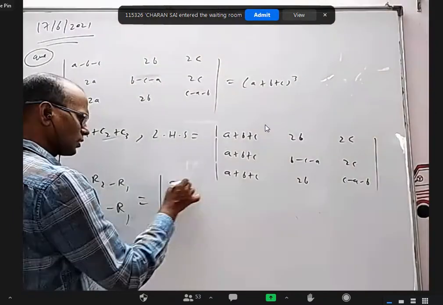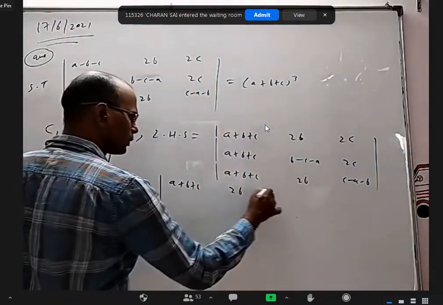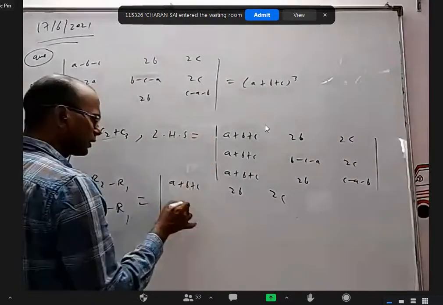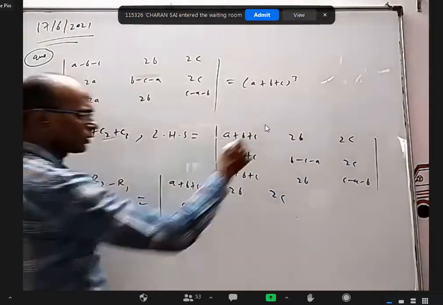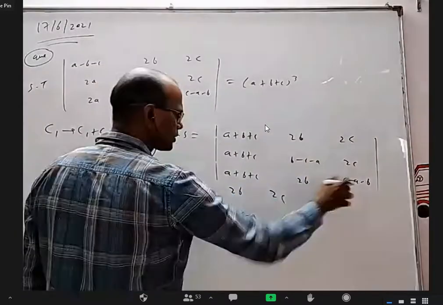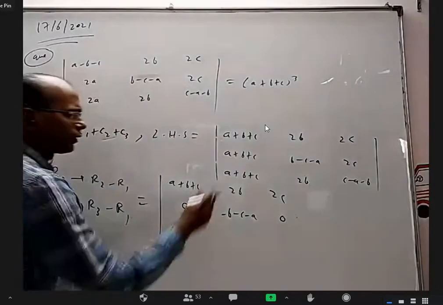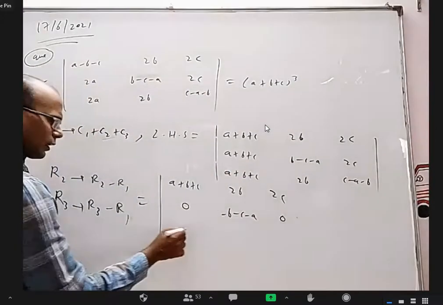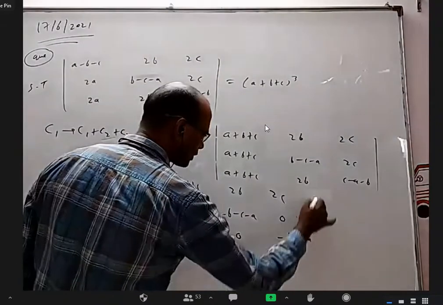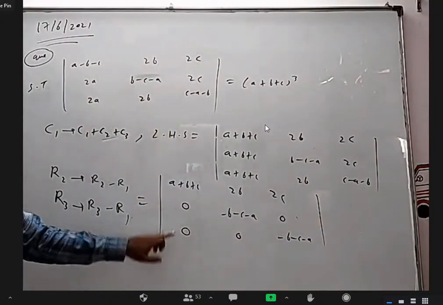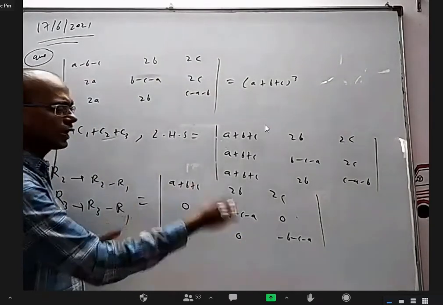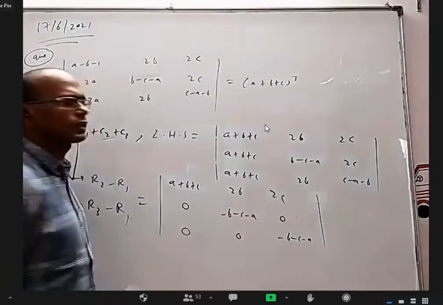First row as it is: A plus B plus C, 2B and 2C. From this, if I remove this, whether they're ones or not doesn't matter. We are getting 0. Getting 0 is most important. From this, when I subtract, I'll get minus B, minus C, minus A. From this, when I subtract this, 0. From this, when I subtract the first row, again 0 here, minus B, minus C, minus C. We are only interested in zeros here, but luckily we got some zeros here. And now it is a triangular matrix, so directly the product of the diagonal elements.